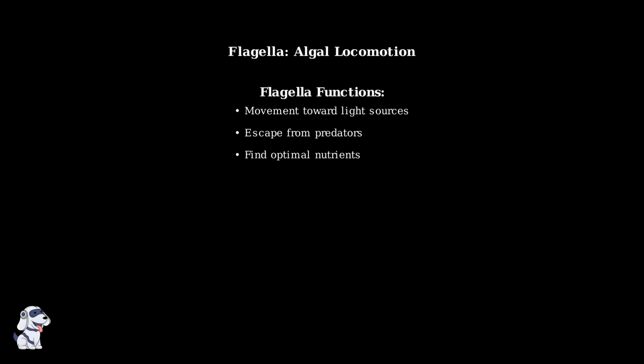Many algae are not stationary organisms. They actively move through their aquatic environments using specialized structures called flagella. These whip-like appendages are essential for algal locomotion and survival. Flagella serve multiple important functions for algae. They enable movement toward light sources for photosynthesis, help escape from predators, and allow algae to find optimal nutrient conditions